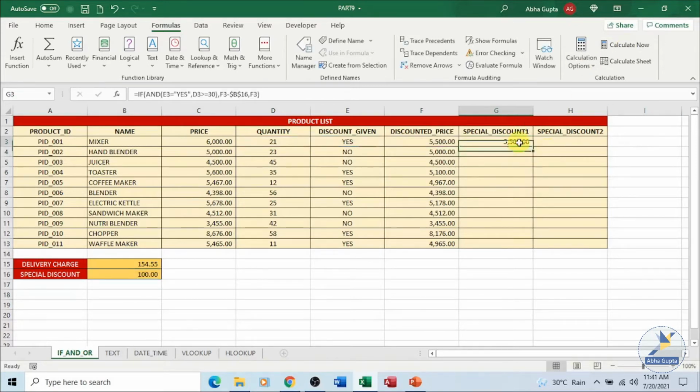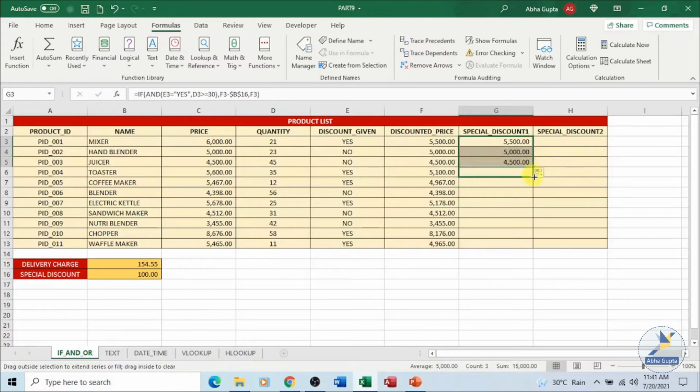So over here you can see we have placed a condition. This is yes, yes, it is yes. Is this value greater or equal to 30? No, it is not. So no discount is being given. So this condition is not fulfilling, so we haven't given any special discount. The value remains as such. If we copy it over here, no changes. Let's move on to the other one. There will be no changes over here.